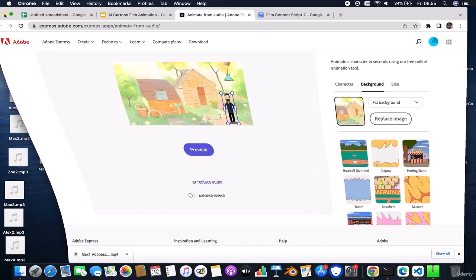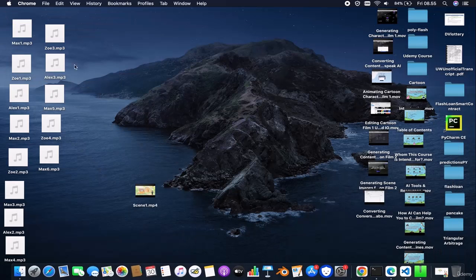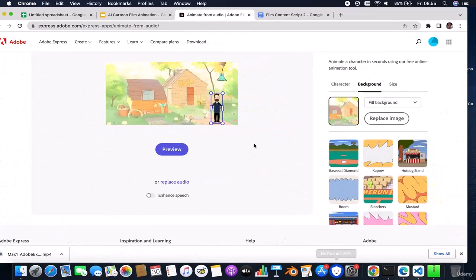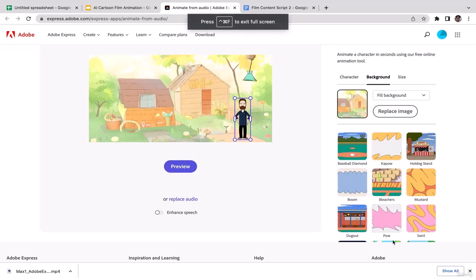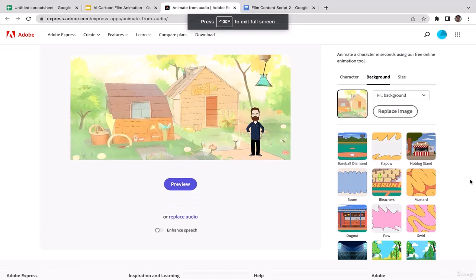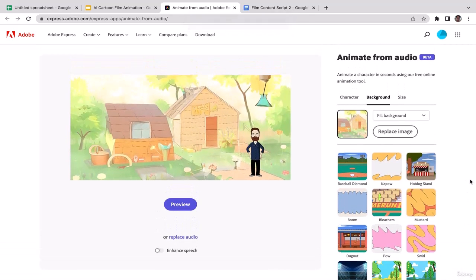You might be wondering how many scenes we're going to have. Just count the number of MP3 files that you have here. 1, 2, 3, 4, 5, 6, 7, 8, 9, 10, 11, 12, 13. So in total we're going to have 13 scenes. This is going to be a relatively long video, so just keep that in mind. Feel free to take your time, but if you already understand what's going on here, feel free to skip